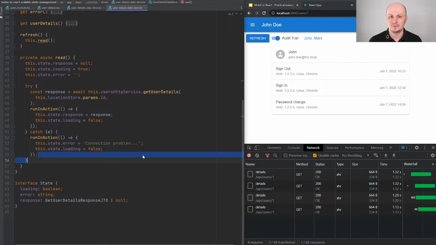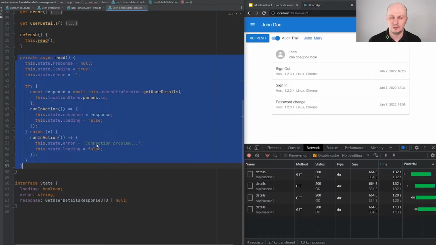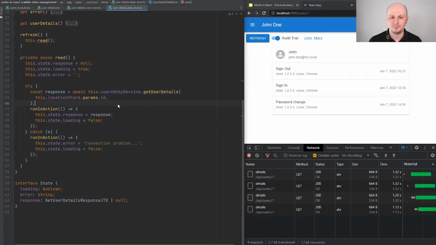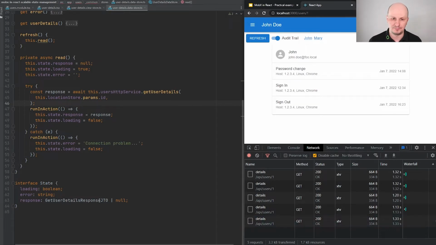So first we want to get rid of this approach, and I'm going to introduce RxJS and replace this read functionality with RxJS stream to simplify the process and fix things like changing the user and refreshing the data with only one pending item.